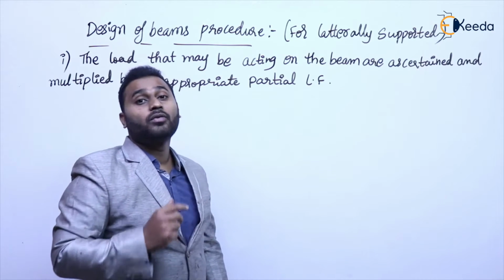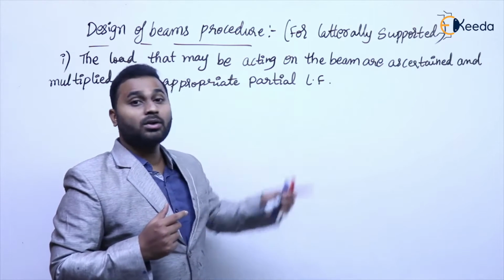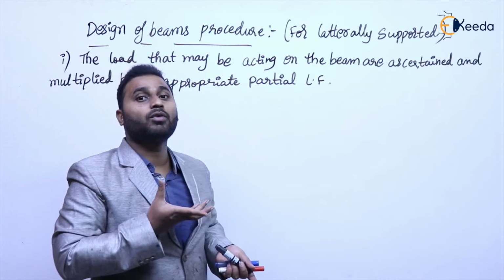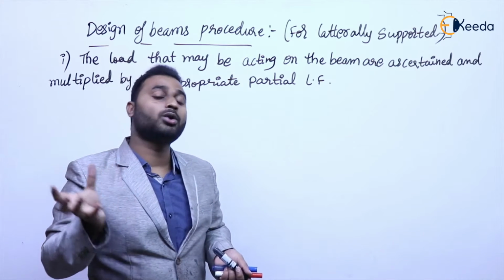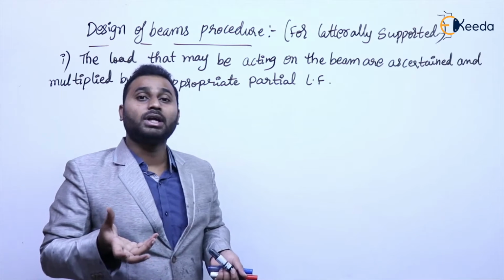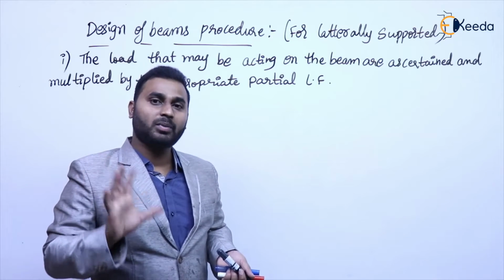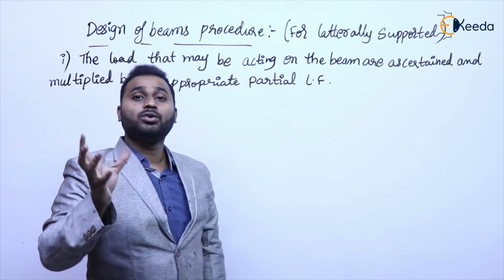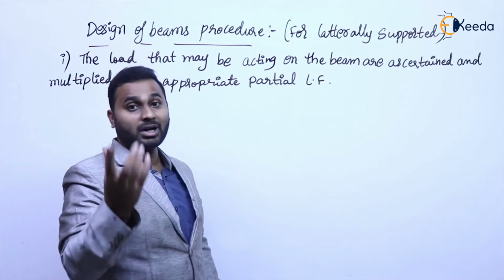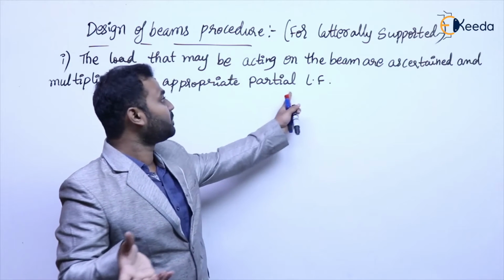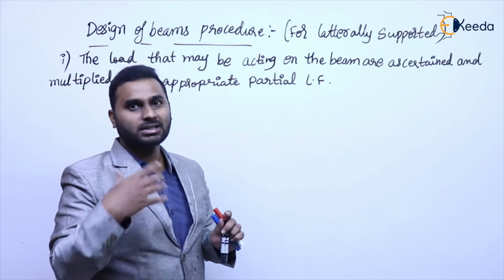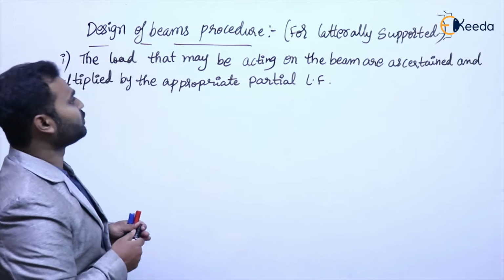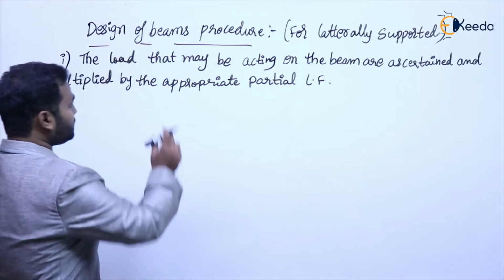So these load factors and how to calculate the loads we know. For determining the load onto any structural element, we have a code, that is IS 875. Is that okay? So by making use of that code, we determine the loads coming onto the beam, and by making use of the IS 800 code, we multiply those loads with these partial load factors. And there exist some load combinations also. That is what I already discussed. Hence, I'm not going into the details of those load combinations here. So this is the first step.